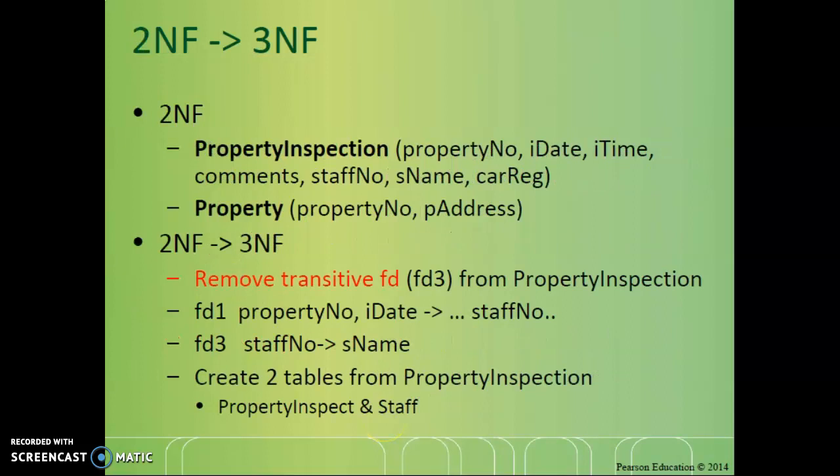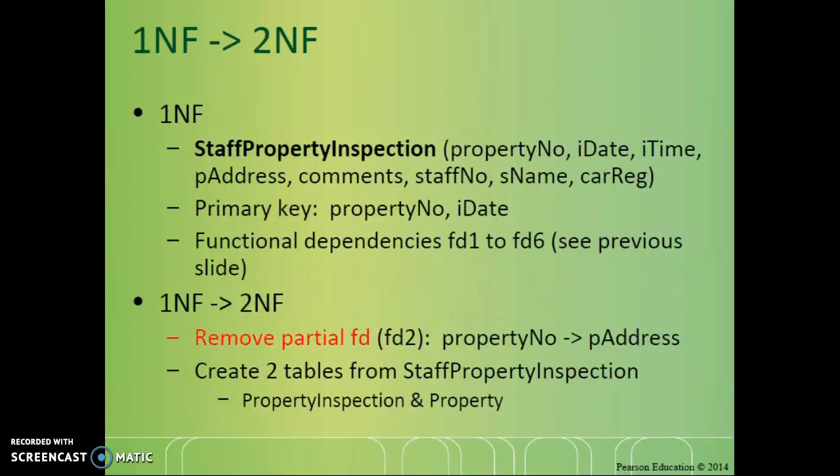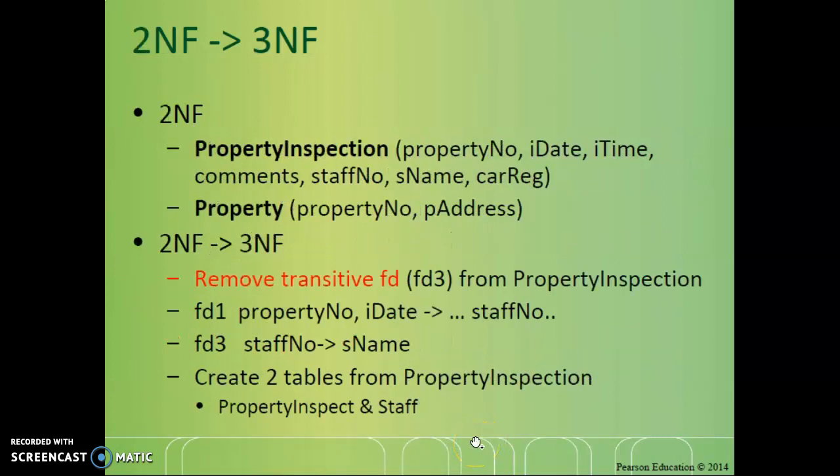Okay. Now these two tables are in second normal form. That is, every non-primary key attribute is functionally dependent on the primary key of the relation. The next step is to transform into third normal form. Third normal form involves the removal of transitive dependencies. If a transitive dependency exists, we remove the transitively dependent attributes from the relation by placing them in a new relation.